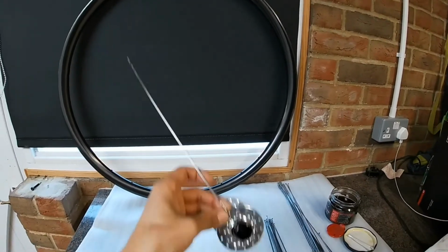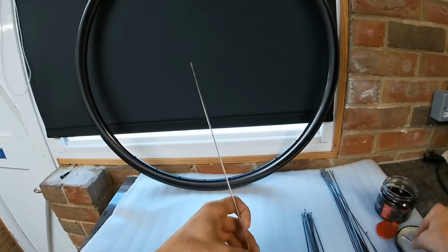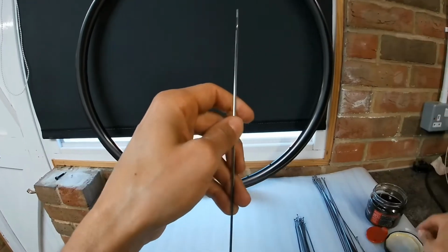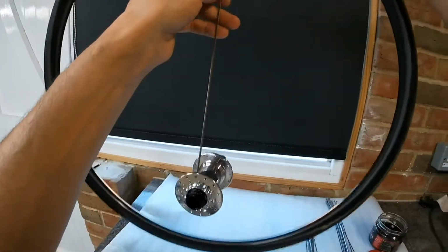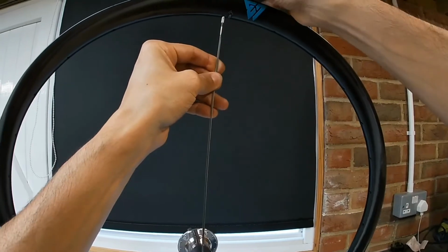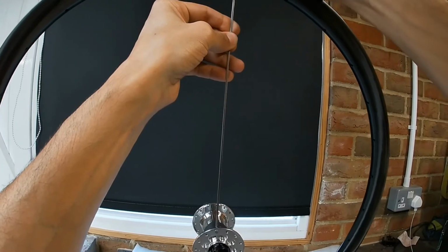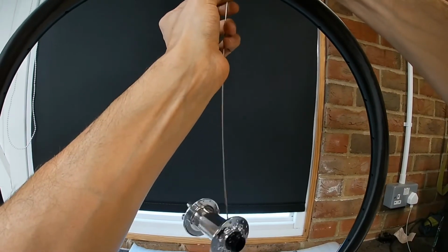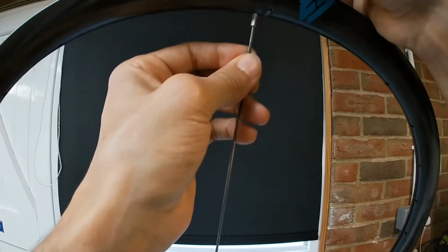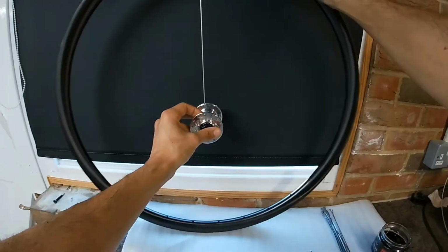And your first spokes, they want to go in from the outside in, because that would be really hard to do afterwards if you do the others first. So I'm just going to locate that first spoke, wind the thread down just till the thread disappears into the hub there, into the nipple, sorry, just like so. So that's the first spoke